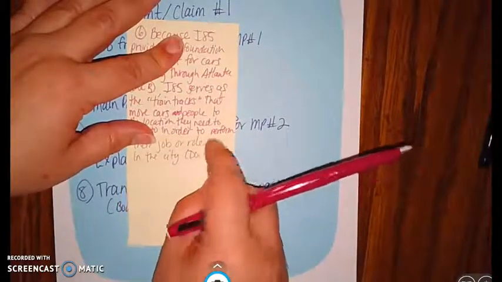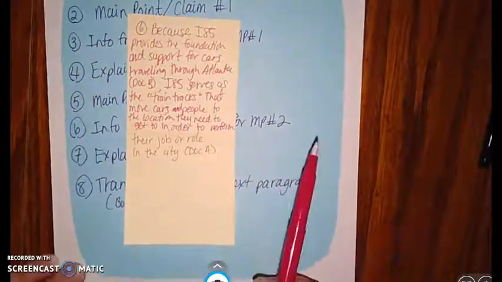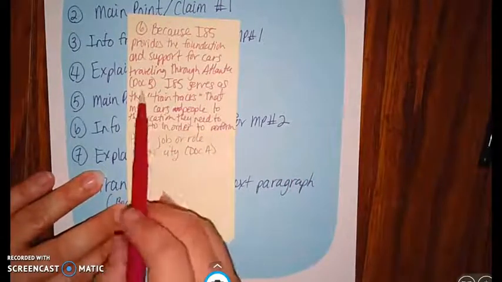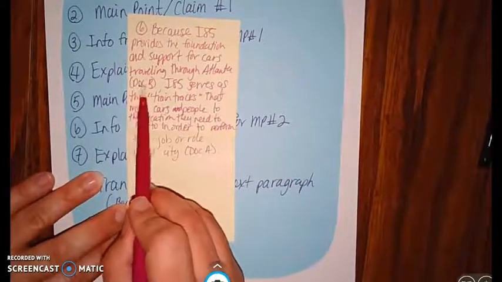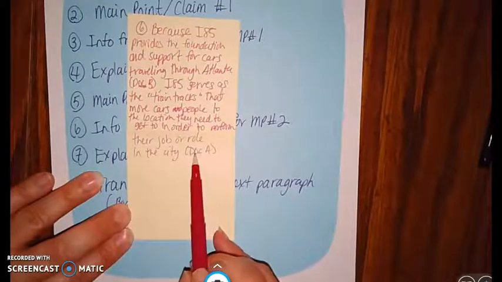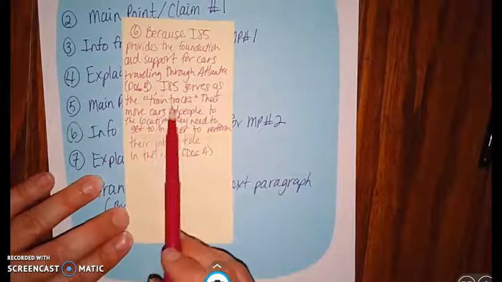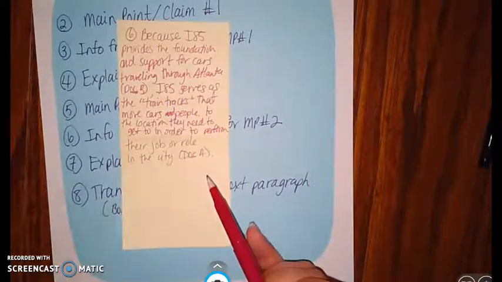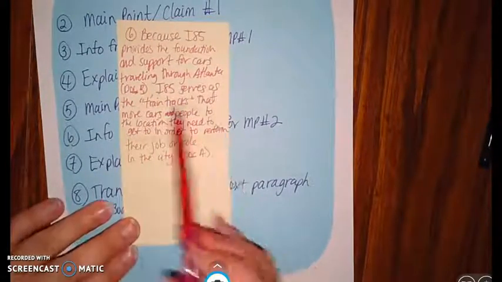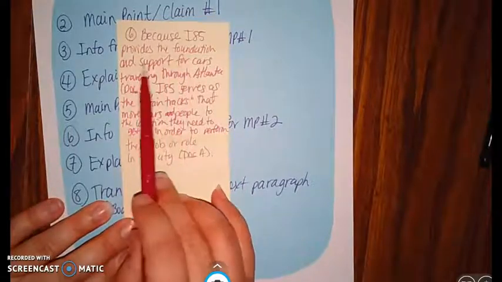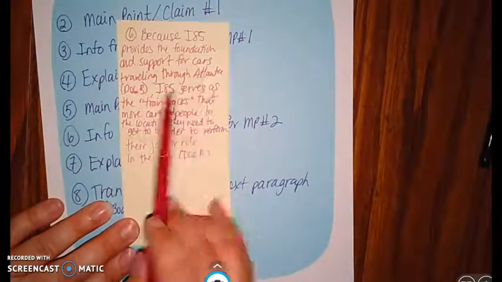So notice that I pulled information from the document in two different places. I did document B and I did document A, so that's double evidence, right? So that's very helpful and telling to our reader that we know how to pull information to help support our claim. So I said, because I-85 provides the foundation and support for cars traveling through Atlanta,